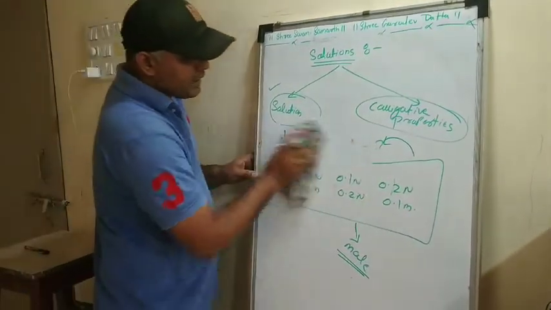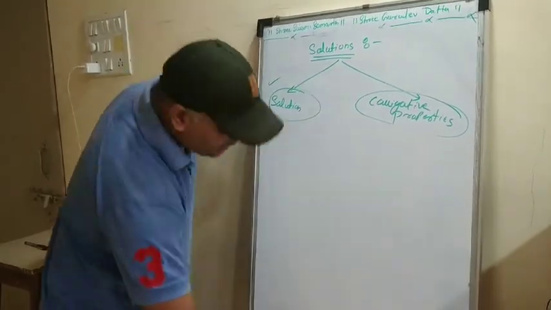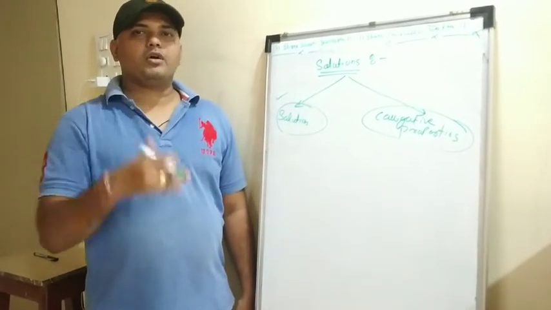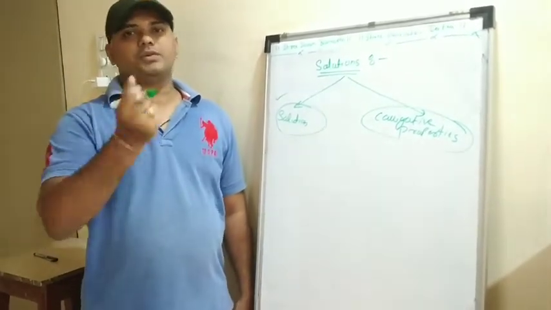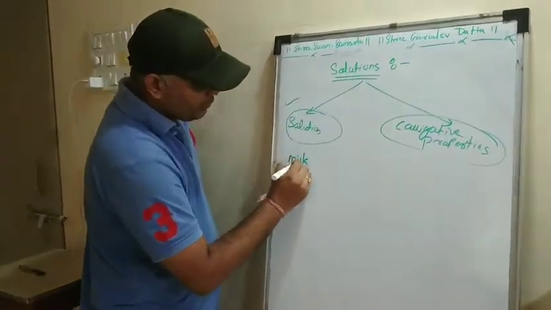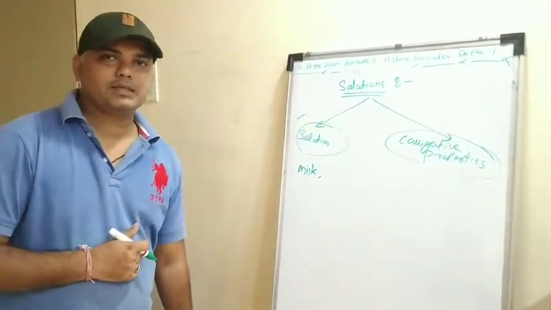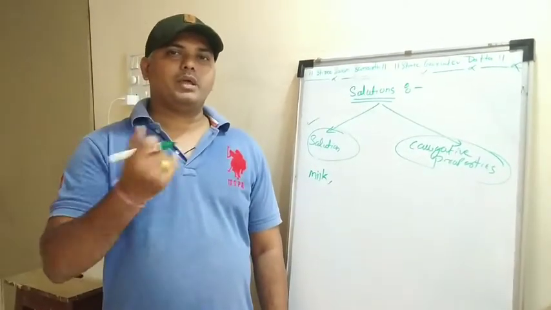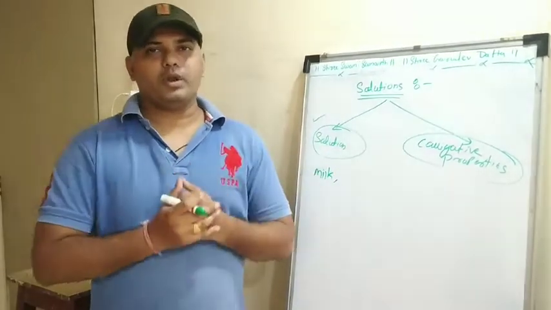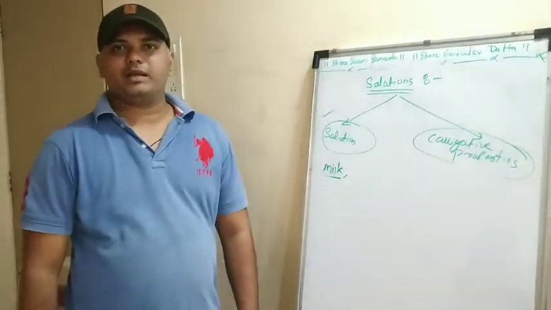Okay, now let's understand clearly what exactly a solution is, right? Now what is a solution? See, in our day-to-day life, we come across or use a number of solutions, but we don't know it. For example, I can take milk, right? Milk is a solution. Why is milk a solution? From milk we can prepare a number of byproducts, for example buttermilk. That means milk contains two or more components, right? So whenever there is a presence of two or more components, we say that it is a solution.